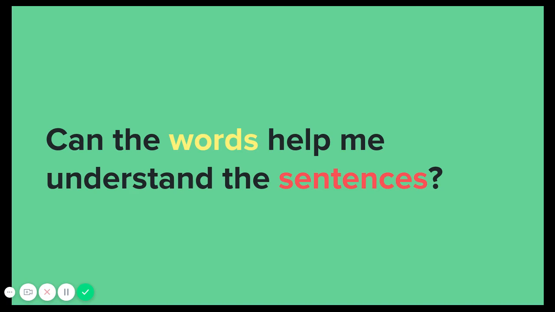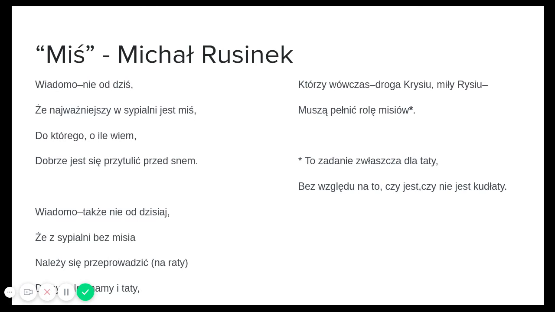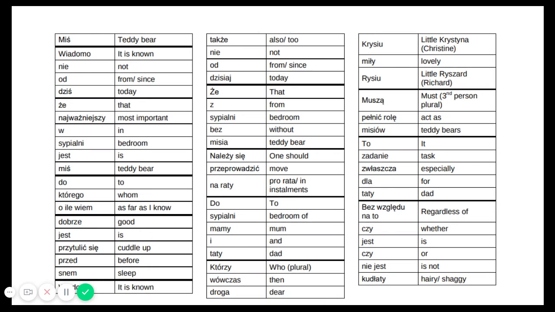Now that we know about the words a little bit, let's see if we can understand the sentences a little bit better. If you look at the poem, you'll see it's made of lines, and you'll also see that there are more lines than sentences in the poem. If you look at the glossary a bit more closely, you'll see that the lines start making sense. And it doesn't matter if we don't get something 100% right, but it helps us to see what the poem is trying to tell us.